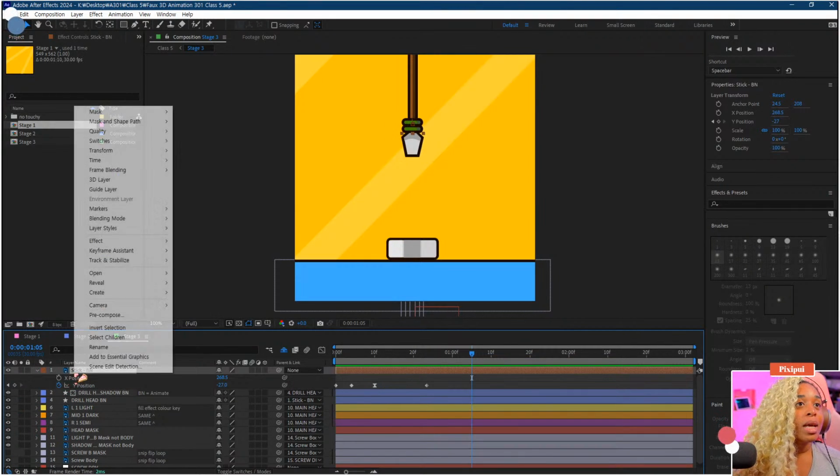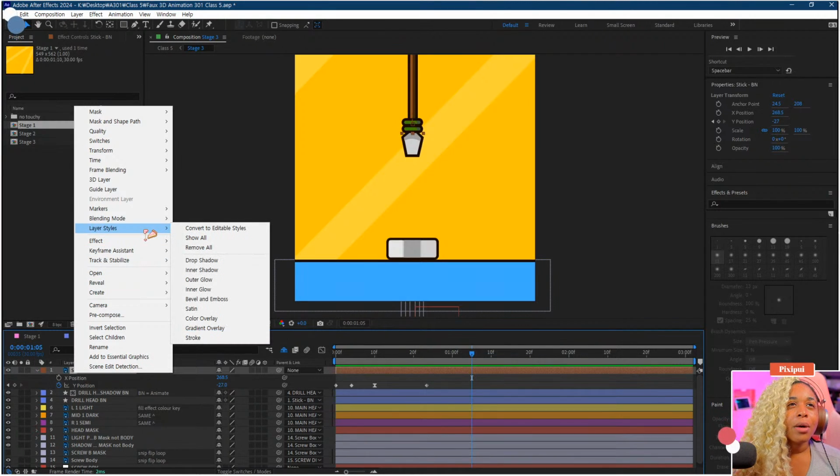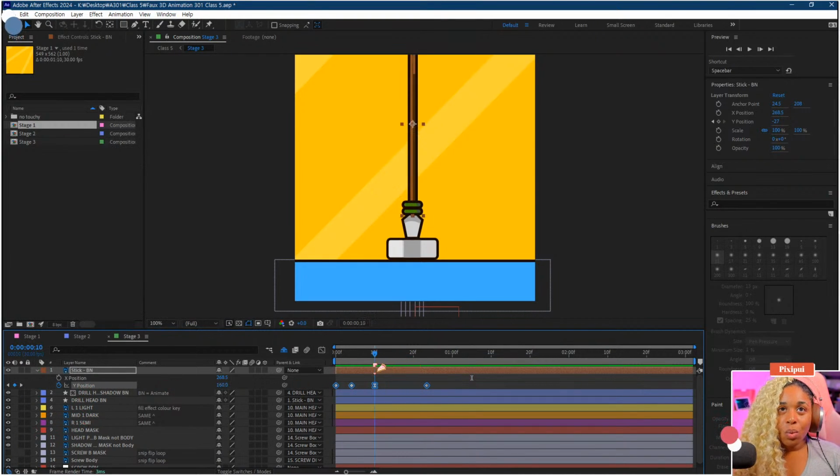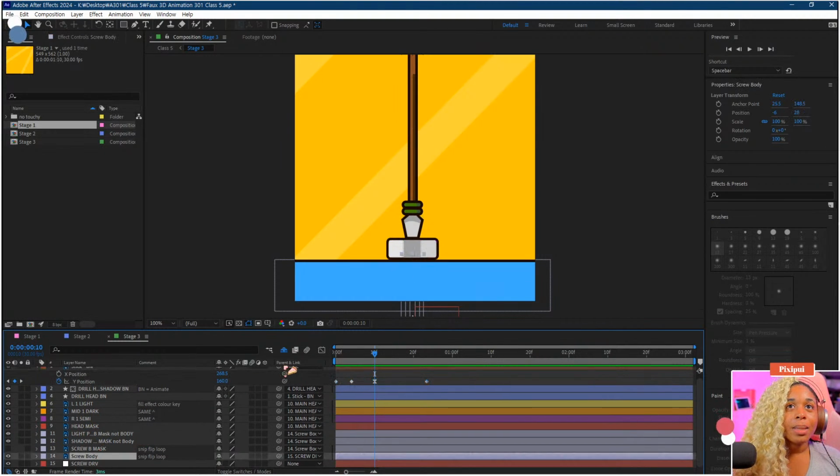Using a right click on your layer, go to layer styles and go to stroke, if that's what you need to put back on there. And then you're still able to animate and morph something without having to actually do too much work, which is very, very useful. So this is where I want it to go, but I want the screw to go up with it. So let us